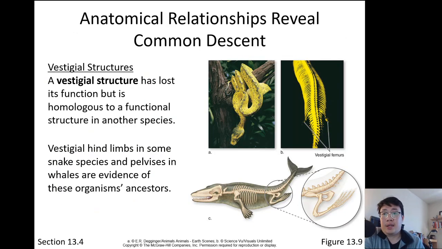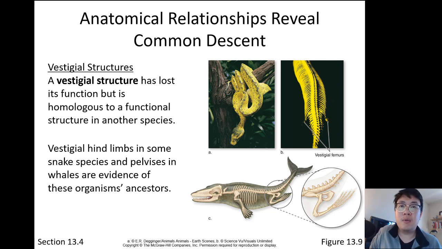Okay. Now, vestigial structures are essentially structures that have been lost over time. Some animals, especially during evolution, depending on the environment and how they grew up in that environment, sometimes find it extraneous to have that extra limb. They don't need it. It's a waste of energy. Remember, everything's about efficiency in biology. From protein development to DNA replication to cellular replication, everything is about energy efficiency. We don't want to waste energy on a structure that we don't really need, so to speak.